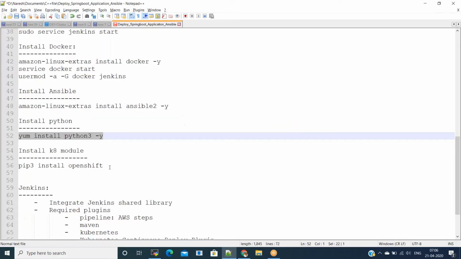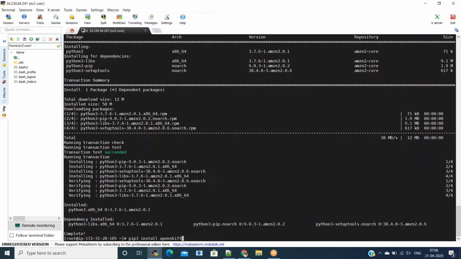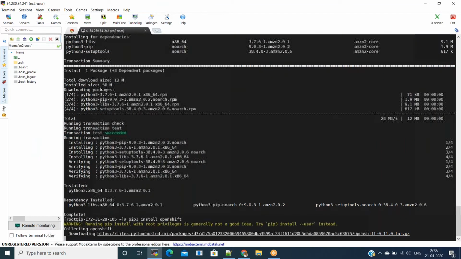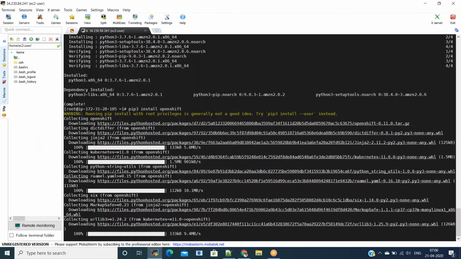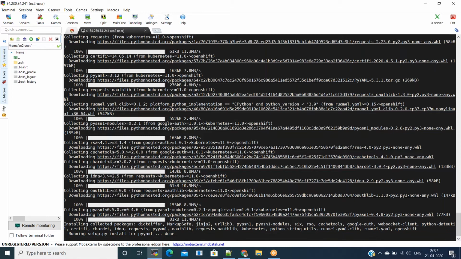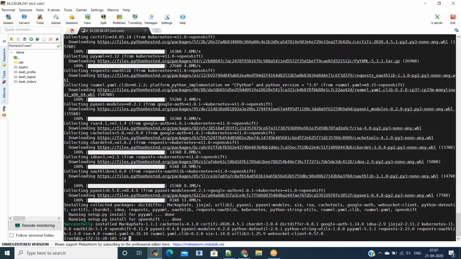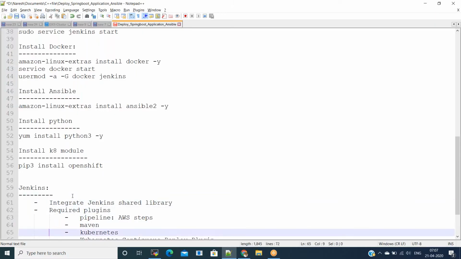Once we have Python 3 installed, we can use pip3 to install the OpenShift module. If you see in the successfully installed list, you will have Kubernetes as well. Now we have the setup ready.